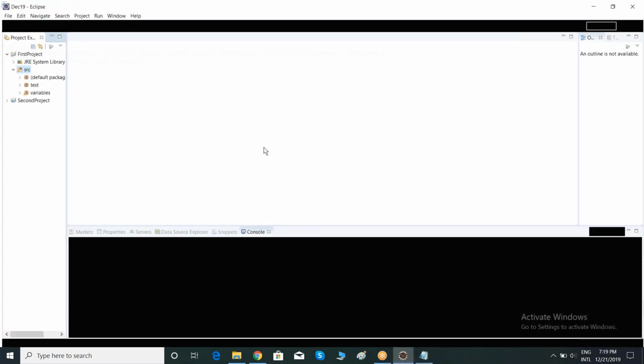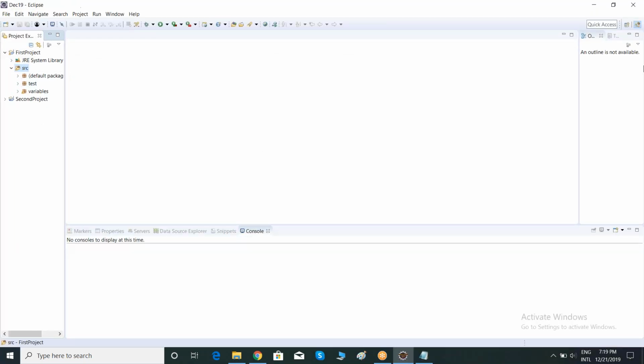Local in the sense that if I declare a variable outside of the method, that is what we call a global variable, right? So this morning we have discussed